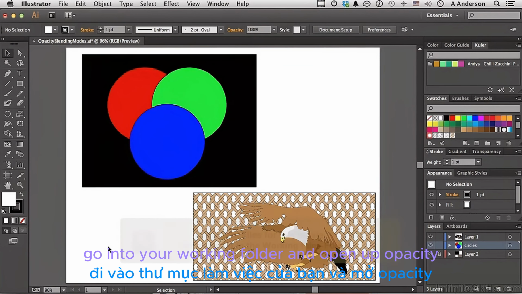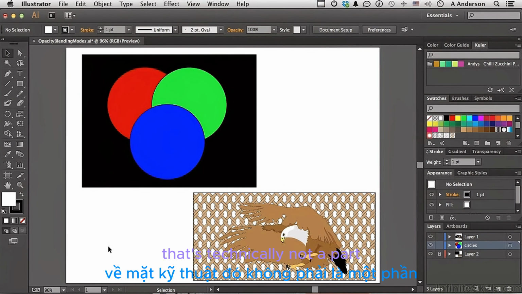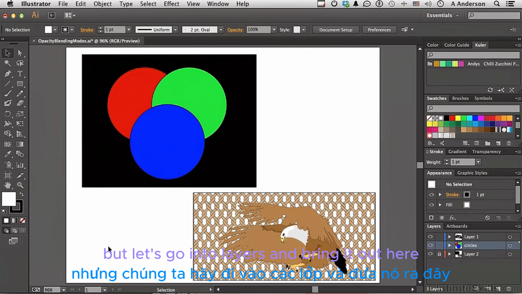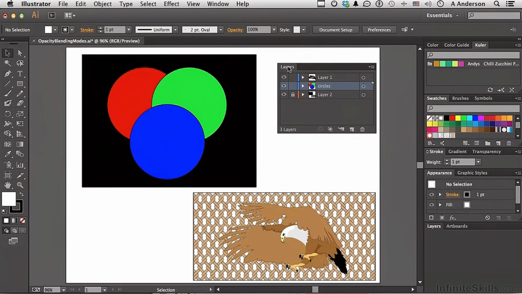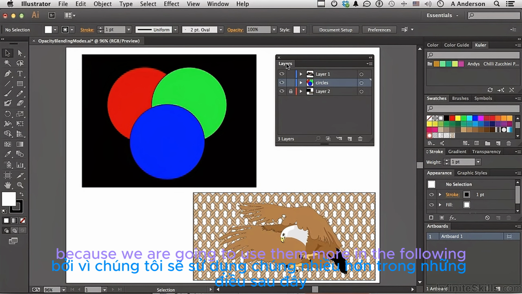Go into your working folder and open up opacityblendingmodes.ai. We're going to talk about something that's technically not a part of the layers panel, so you can kind of get me on this one because this chapter is about layers. But let's go into layers and bring it out here. I want to talk about opacity and blending modes. And the reason I'm bringing it up now is because we are going to use them more in the following chapters,